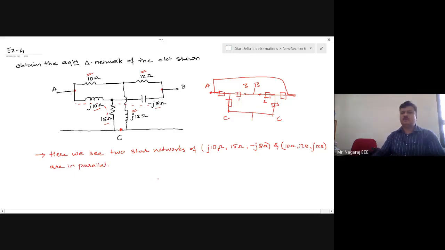This we already have observed. Now next we will proceed in such a way that